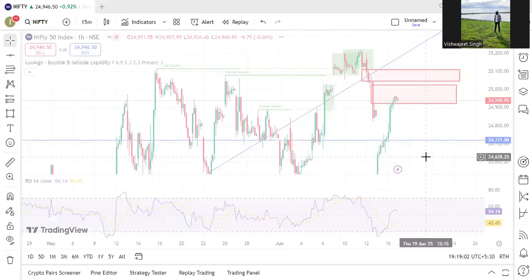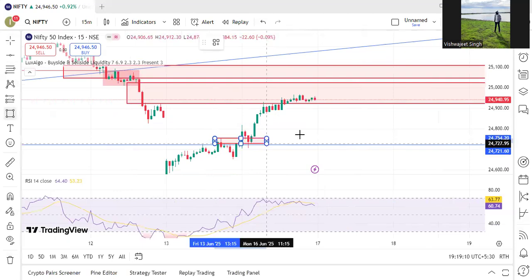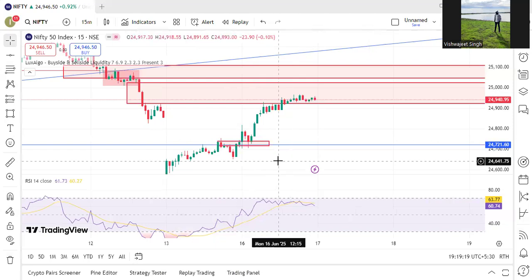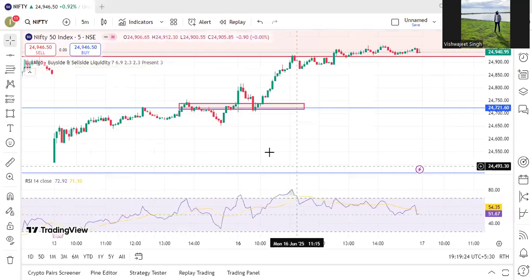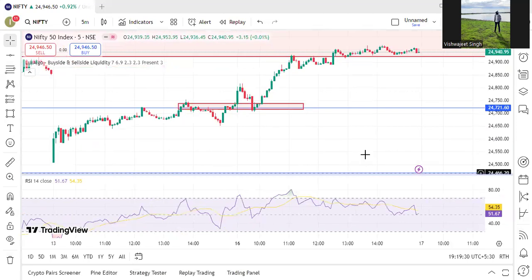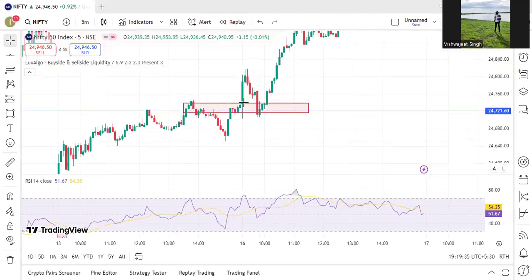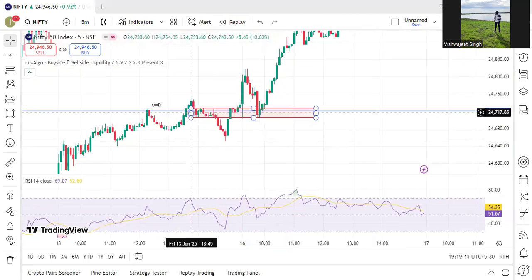Now, if I come back again to the 15-minute time frame, I'll show you something. Now this level is very crucial. It seems like, I'll show you on the 5-minute time frame now, because it grabbed the liquidity, as I mentioned in the turtle soup topic. It is kind of an inner turtle soup, or you can say trend continuation turtle soup. So here this zone basically was very crucial, because if you come to the 5 minutes time frame,